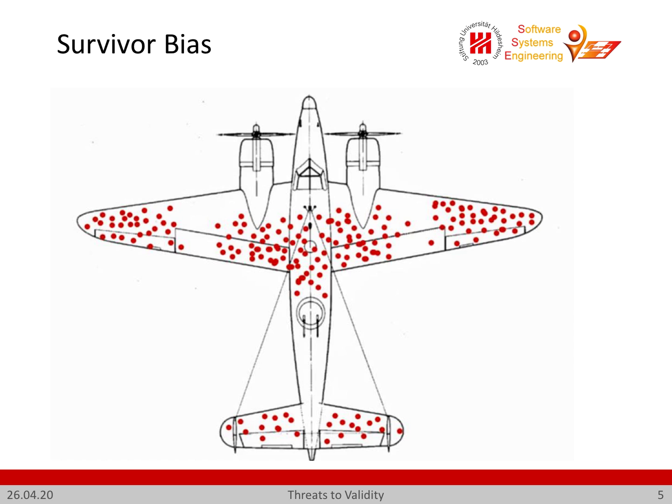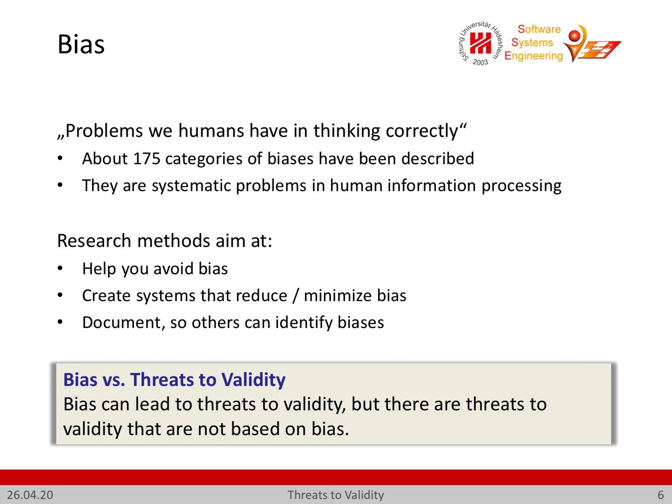Simply by looking at things from the wrong way, by having a data set that is systematically changed to a certain perspective, in this case, changed towards those planes only that can survive the bullets because they have not been hit in a significant way, we actually get wrong results. So that's survivor bias, and that's a problem of doing data analysis in this case. In general,